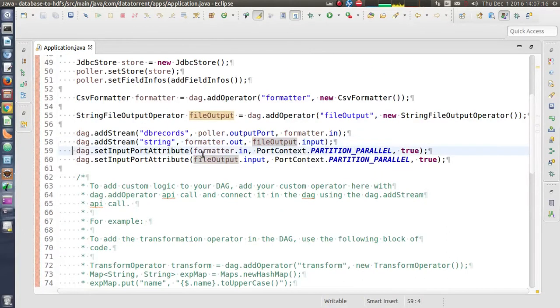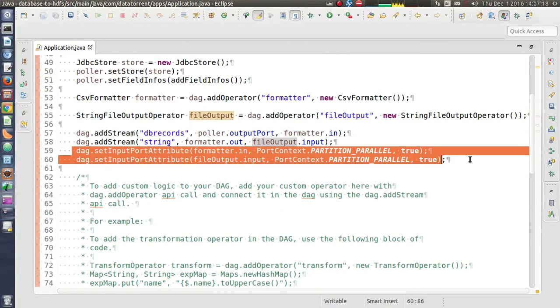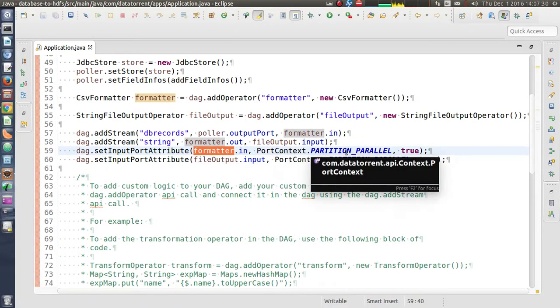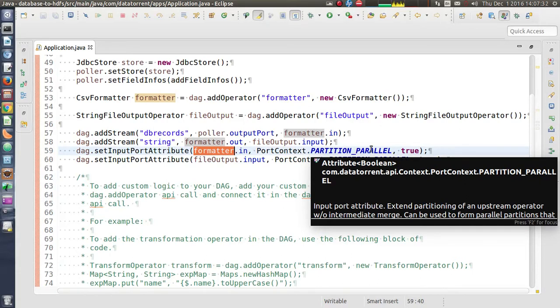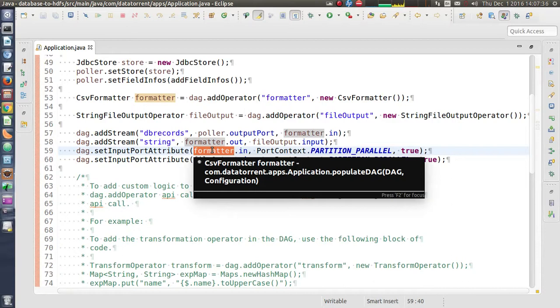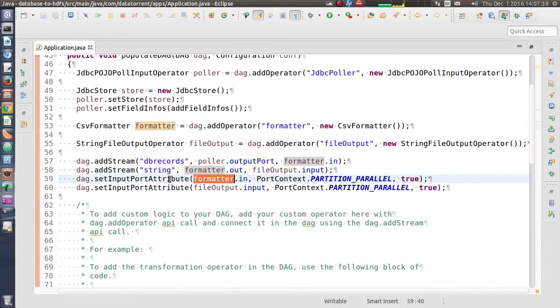The next two lines are to define the partitioning scheme. Here we are saying that the input port of the formatter should have parallel partitions, meaning for each physical partition of the upstream operator, we should have one physical partition of the downstream operator.